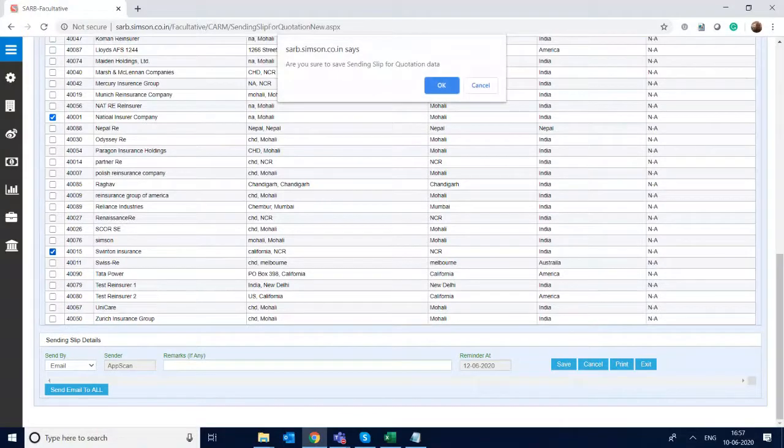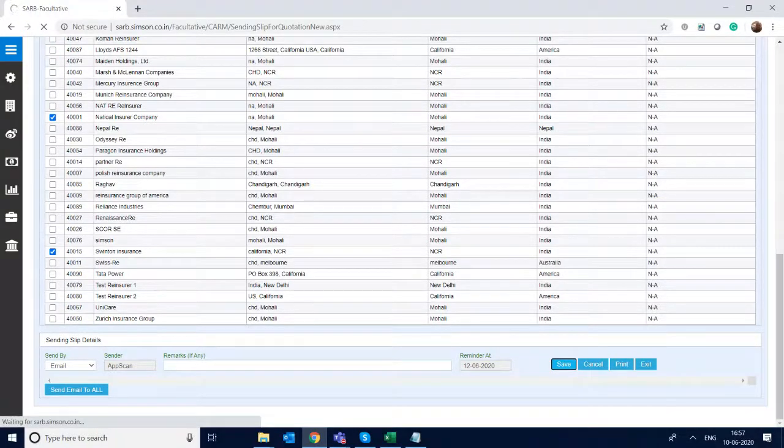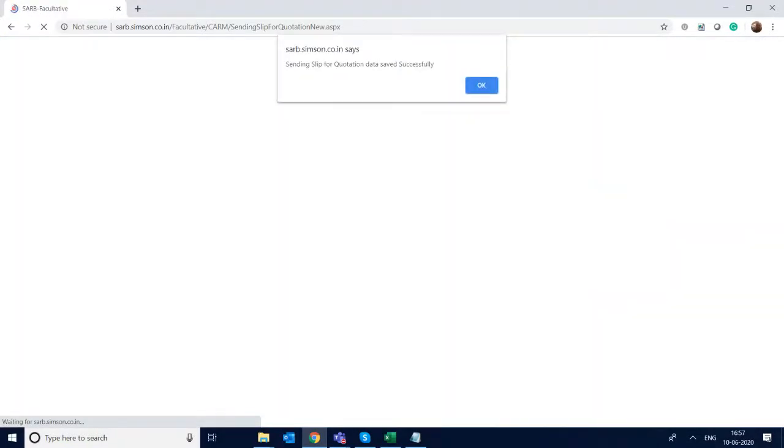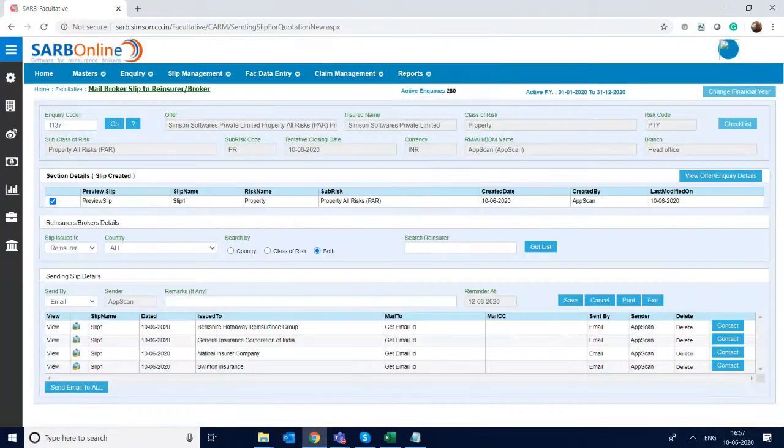So I save some of the entries. So the slip is created and the reinsurers I selected are there. Now when I need